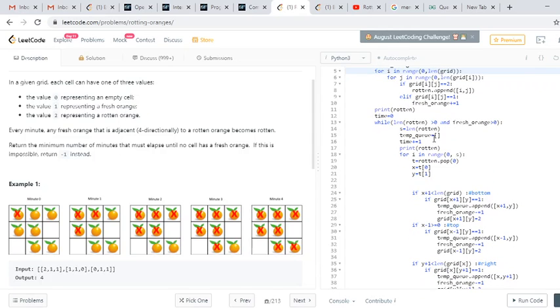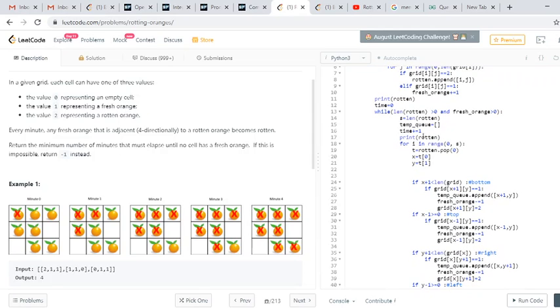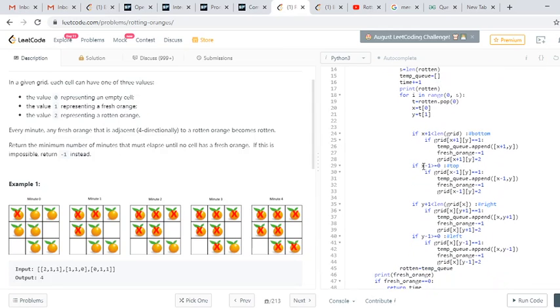So yeah, and I'm here declaring a temporary queue. I will explain in the later half what I'm doing here. Now for each round I'm increasing the time by 1, and after that I'm traversing the queue and popping the first element, and from that element I'm finding the 0 or 1, that is x or y. After that I'm checking x plus 1 is less than the length of the grid, which is checking the bottom, so that it will not cross the length of that grid. So index overflow does not happen, and that's why I'm checking here.